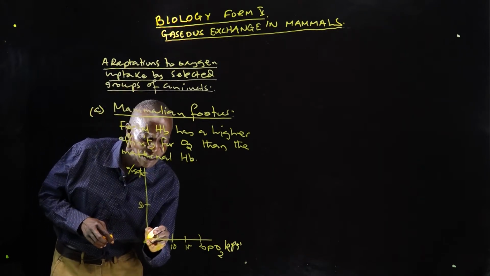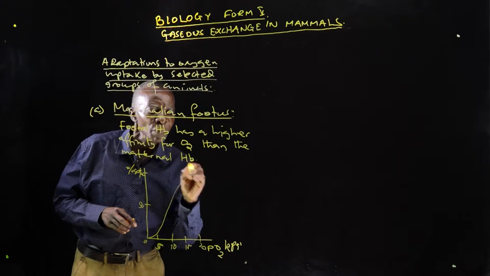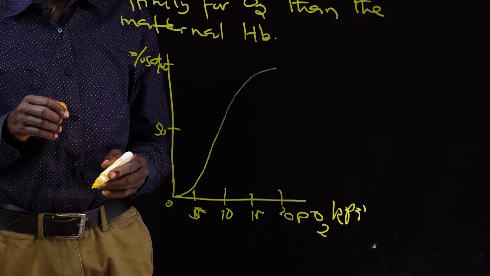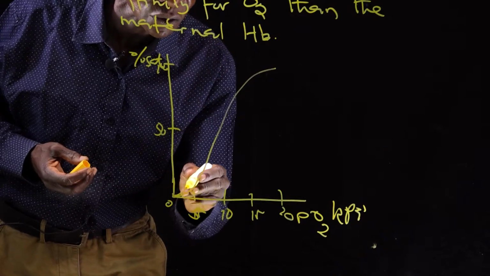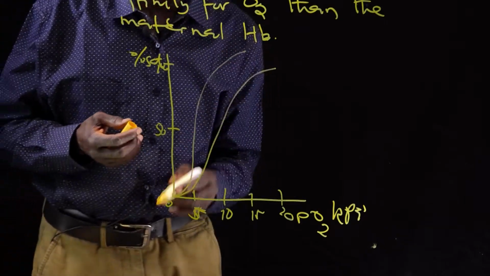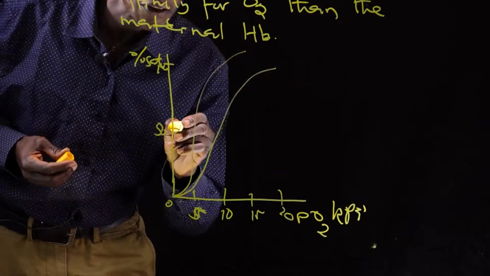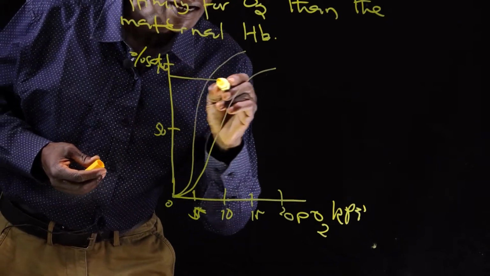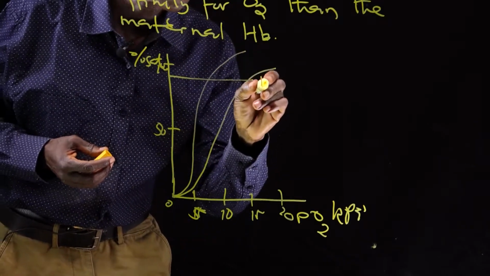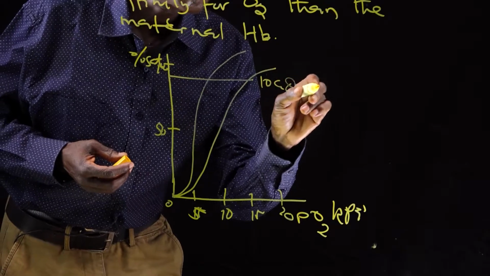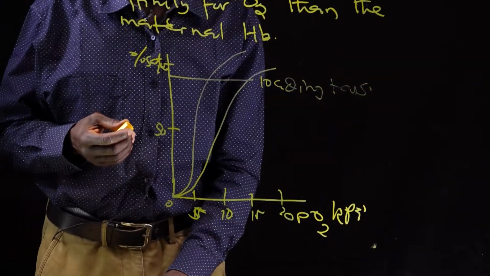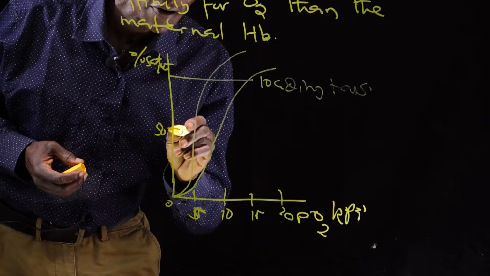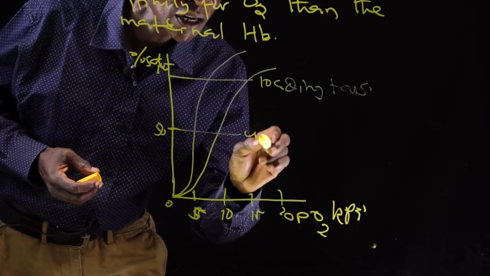So if this is the oxygen dissociation curve for the maternal blood, the oxygen dissociation curve for the fetal blood will be here. If this is loading tension, and here we have an unloading tension,